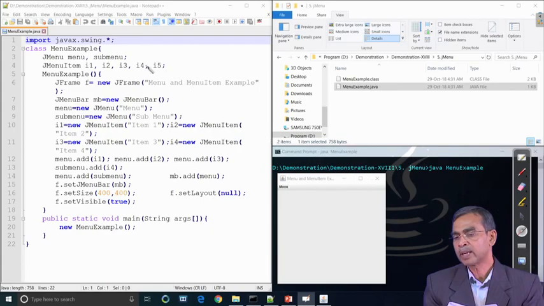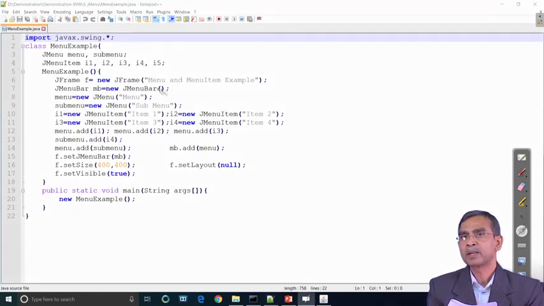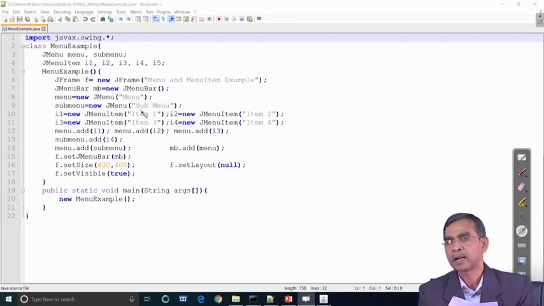As you see the code here, JMenu and submenus, two menus are there. If we select the menu, then the menu will be selected, and then the submenu will be there, and JMenuItem, there are items I1 to I5, the items have been identified there, and then the menu example. In this example, we create a menu bar object MB, and then a new JMenu is created, and then a submenu, another JMenu object, but having a different level.